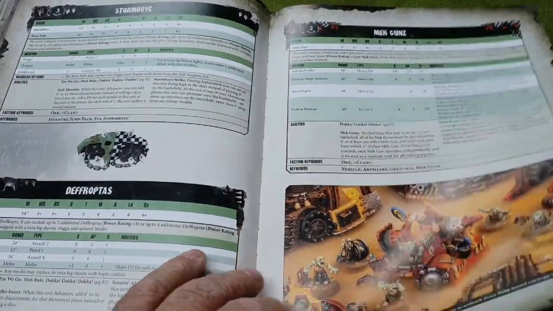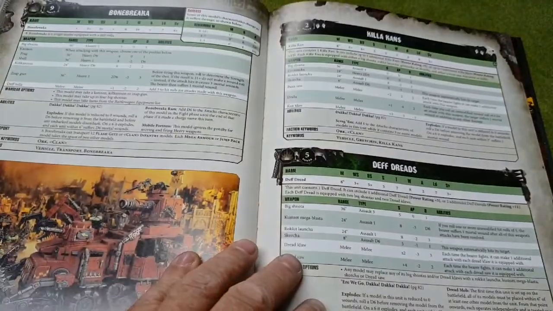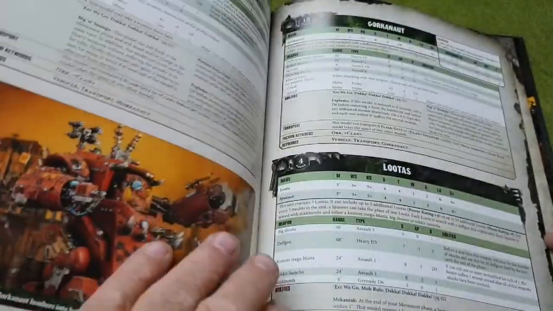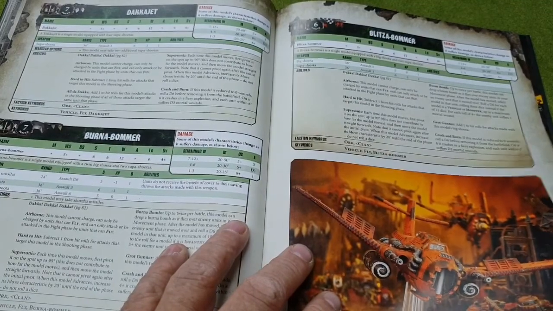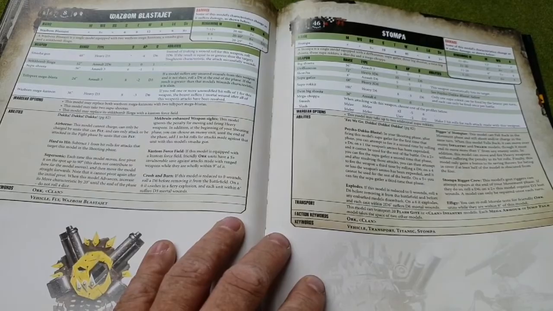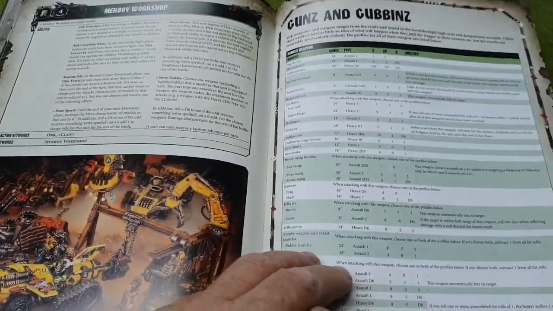Stormboyz, Deffcoptas, Mek Gunz, Battlewagons, Gunwagons, which are big battlewagons with bigger guns, Bonebreaka, Killa Kans, Deff Dreads, and then we'll get on to things like Gorkanauts, and there we go, Morkanauts, Gorkanauts, Lootas, Dakkajet, Burna-bommer, Blitza-bommer, Wazbom Blastajet, Stompas, a Mek Boy Workshop, and then a quick summary sheet of all the alt weaponry and